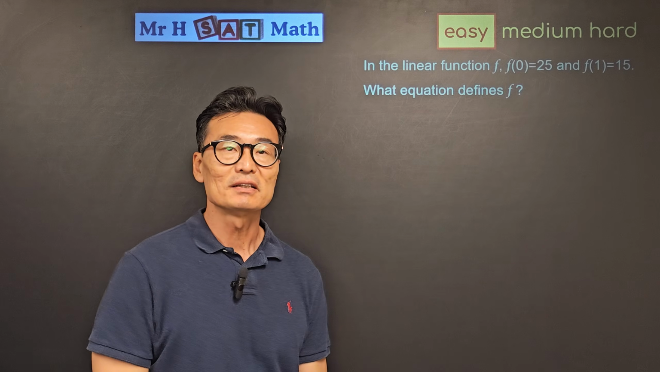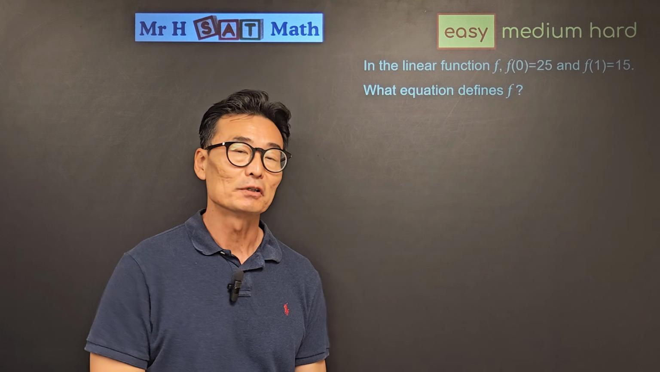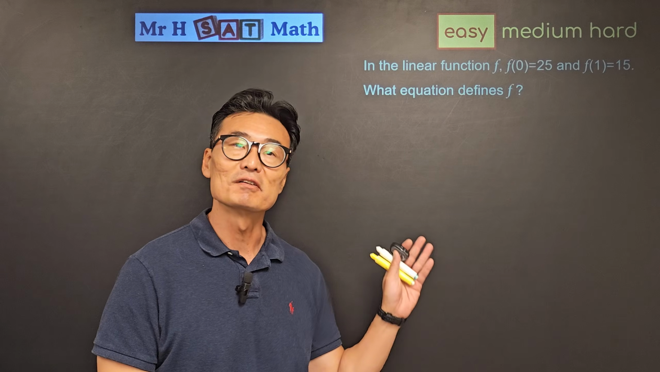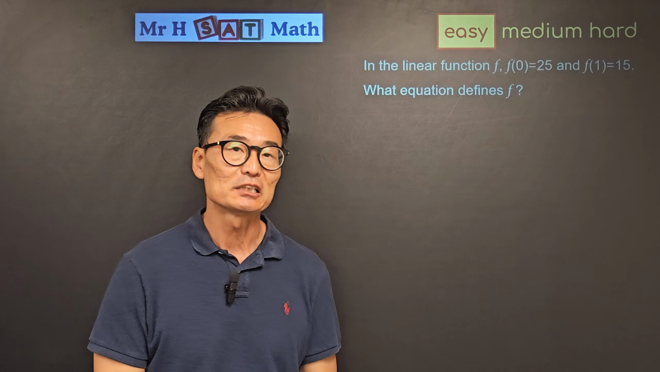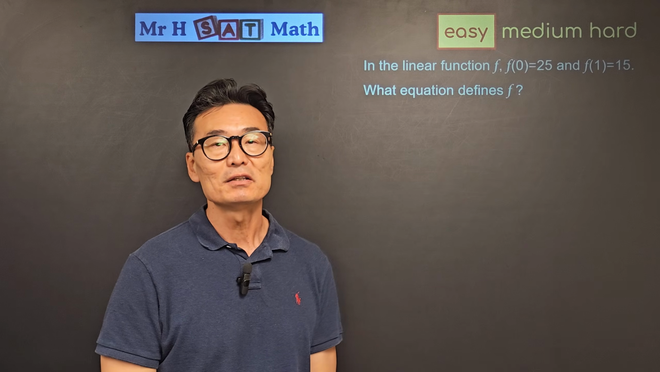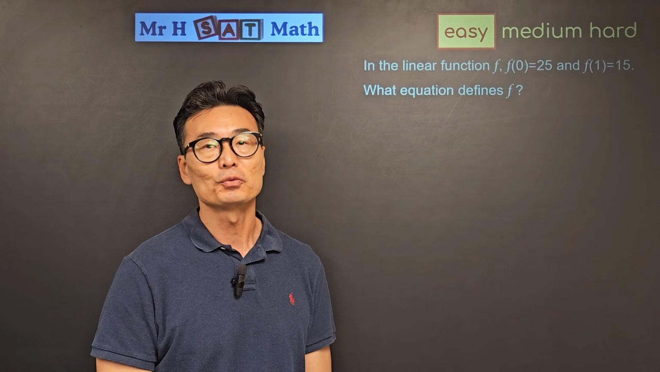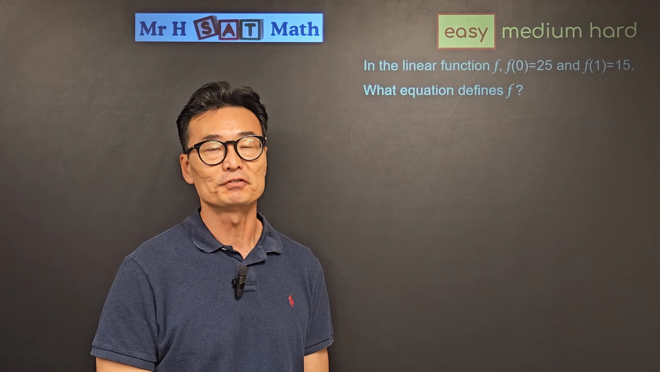Here's an easy SAT math question. However, it's a very important question because this type of question comes up on the SAT a lot. Let's begin. The question says, in the linear function f, f of 0 equals 25 and f of 1 equals 15,